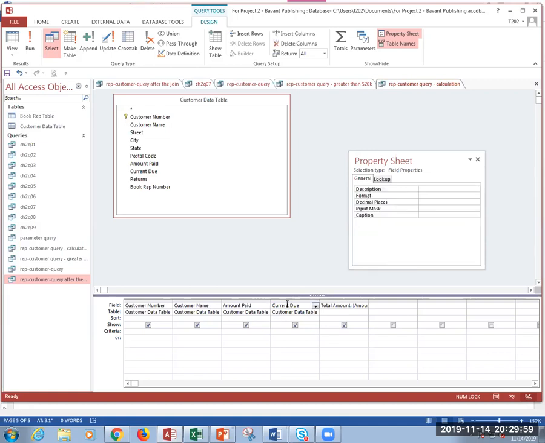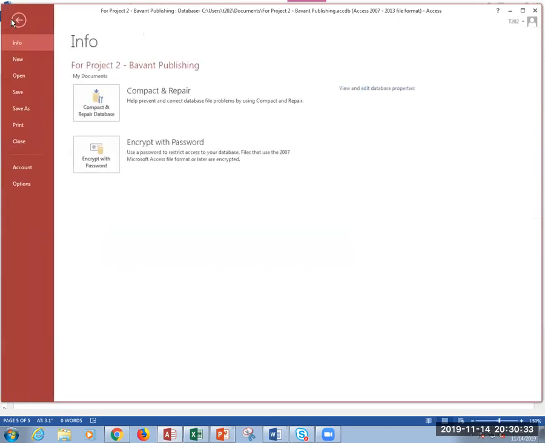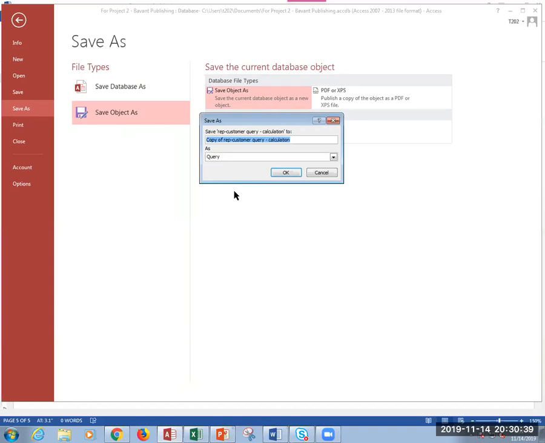And then for current due, where it says caption, I want to just say due. So that when I run this, instead of saying amount paid and current due, it just now says paid and due. And again, I want to have 2 versions of it. So I'm going to save this as object, as, save as,